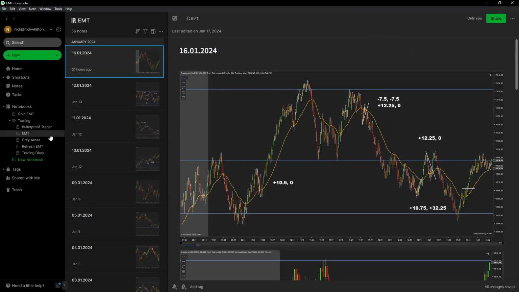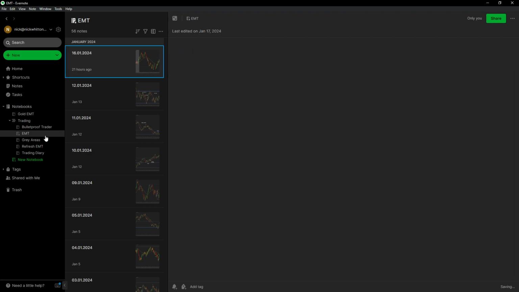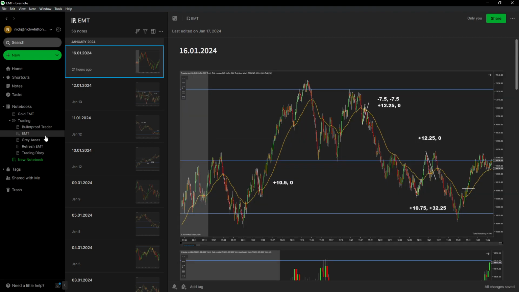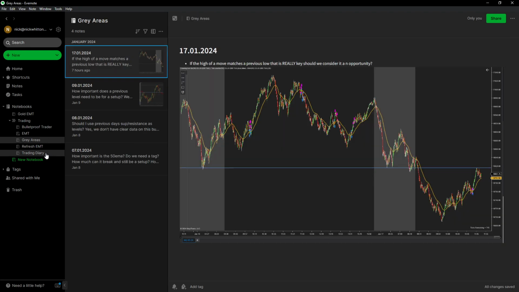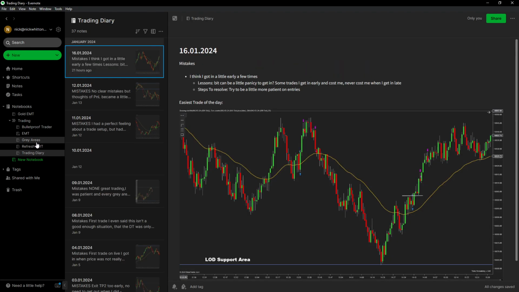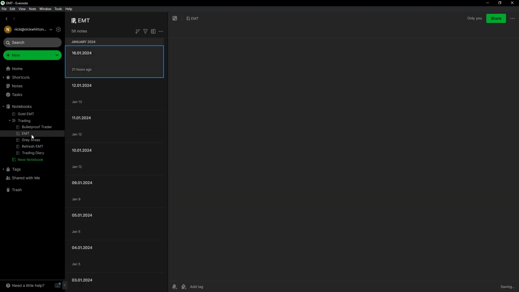So I have three main areas. I have EMT, which I call easy money trade, so I call it EMT. Gray areas and trading diary. And gray areas is something I've done a little bit more recently, but it's been very, very beneficial. We're going to start out with my easy money trades